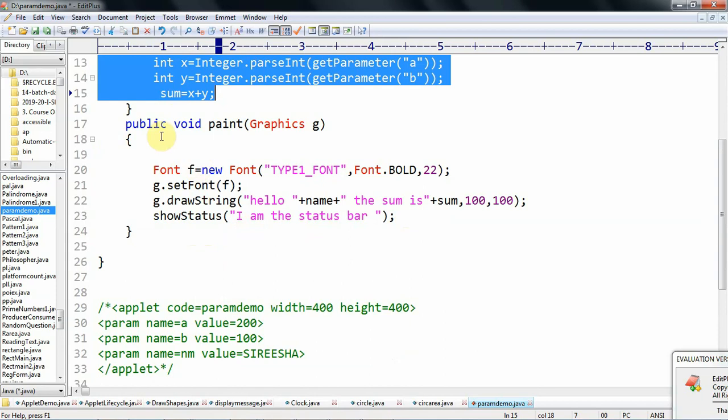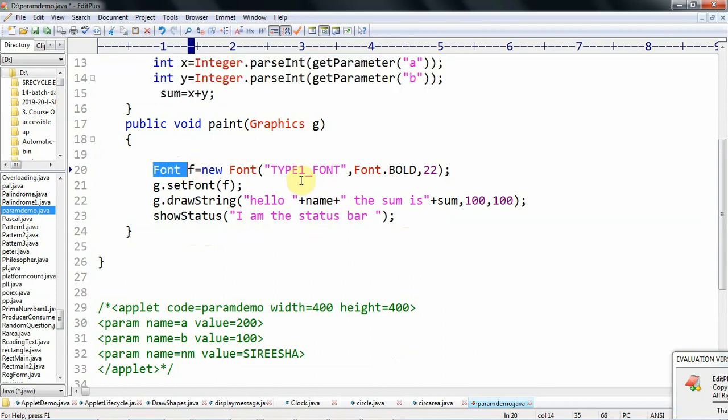Then we write the paint method. Here I create a Font object for setting different fonts, styles and sizes. Font f equal to new Font. This takes a total of 3 parameters: font type, here I mentioned Type1.font, or you may give Times New Roman or Arial or some other font.